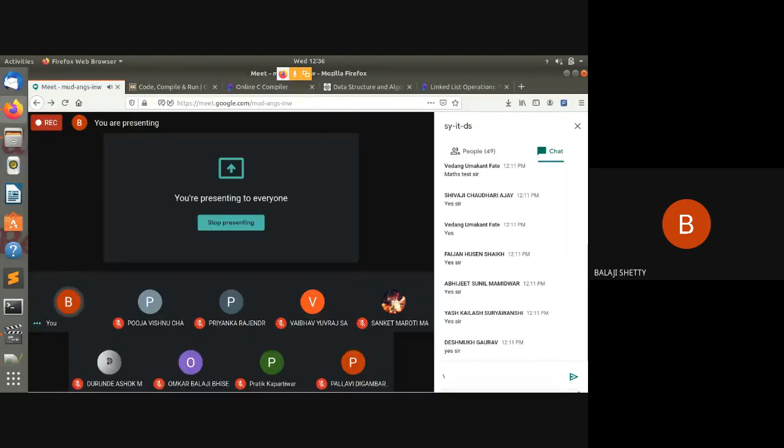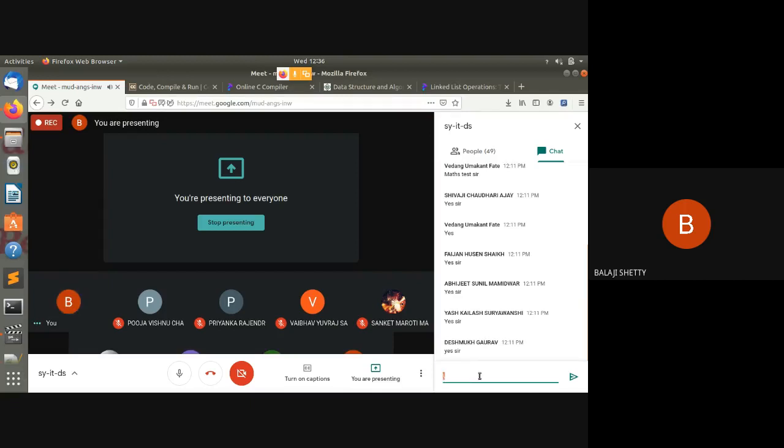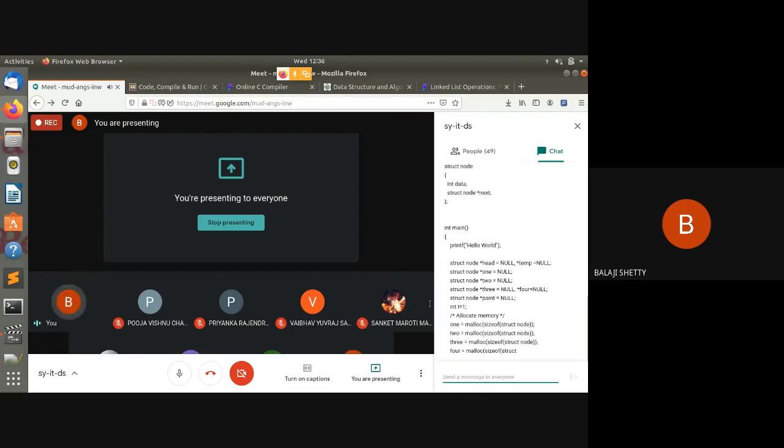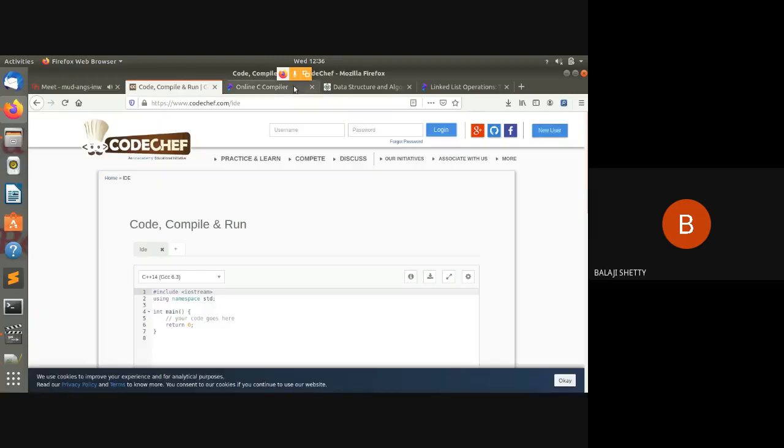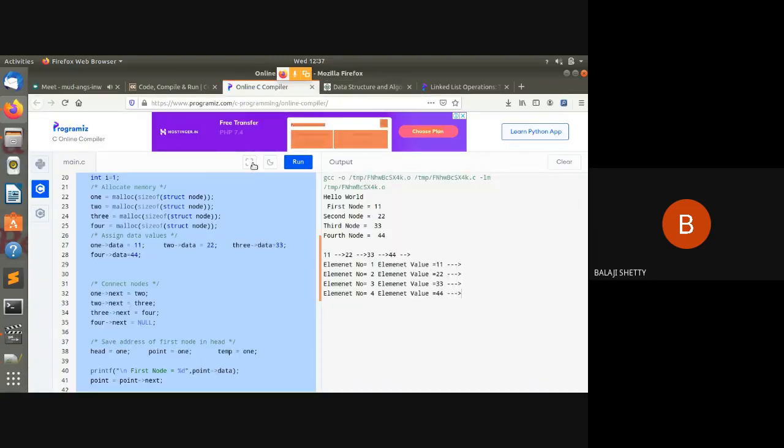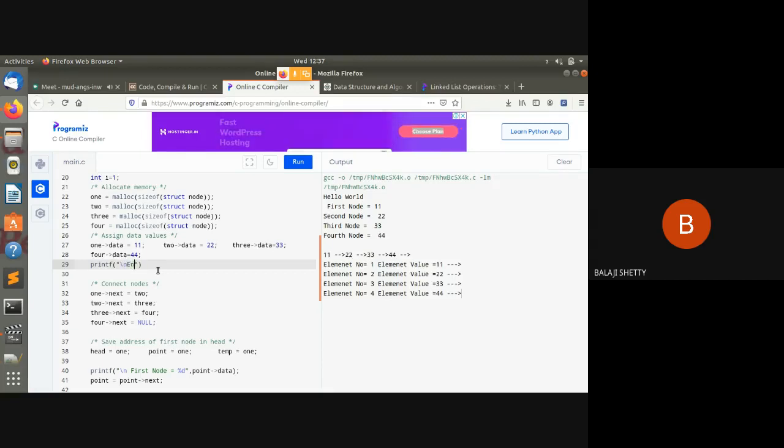Also, I paste this code in the chat window so that you can run the code on your own. Fine. And now I just modify. I take 5 more minutes. I modify your code. I take the input from the user. You stop taking the static input. Fine. So printf \n enter elements in linked list.